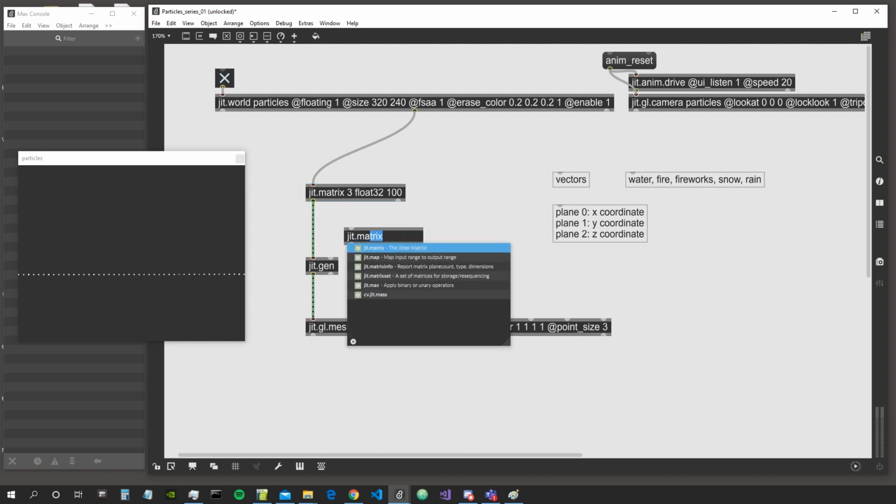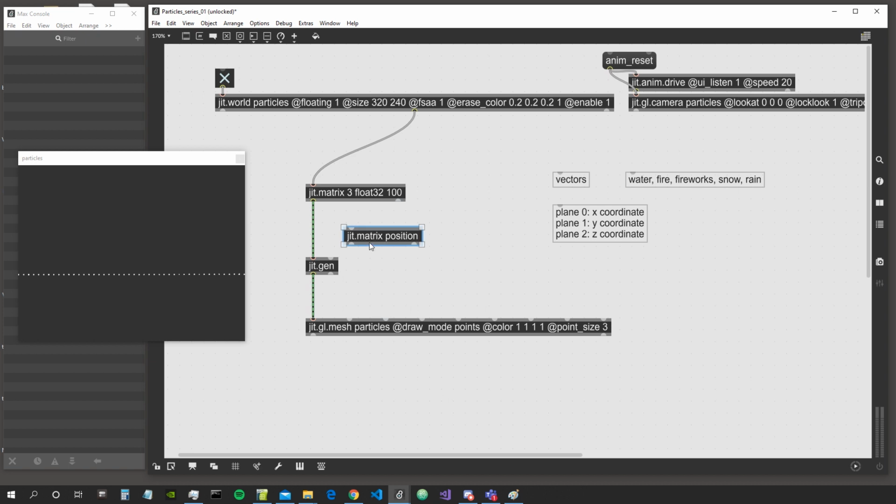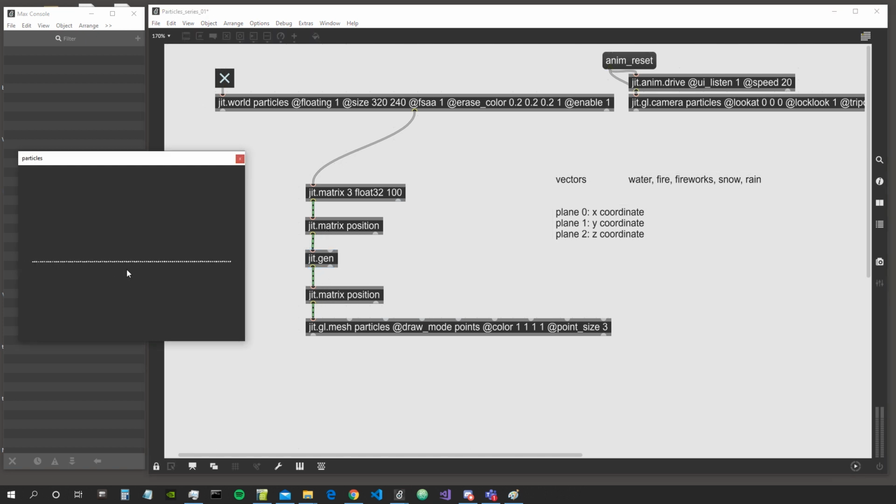Put this position inside another matrix, which we're going to call position, and we're giving a name to this matrix. Then I'm going to copy the same matrix and put it on the output of this jit.gen, because we will see in a second why. So I don't want to connect these anymore here. I want to connect these actually